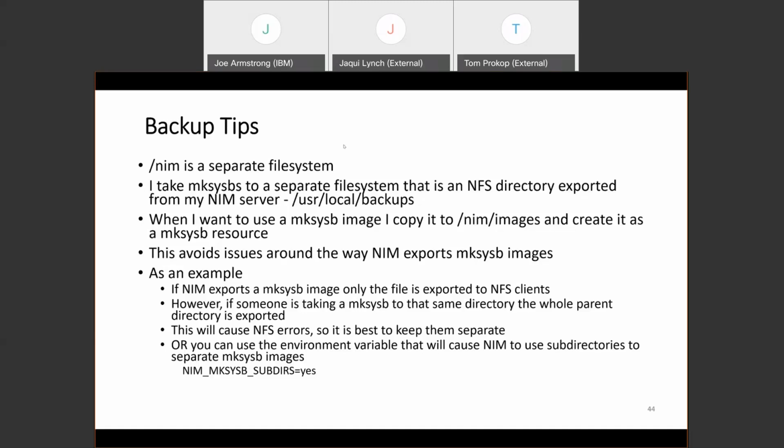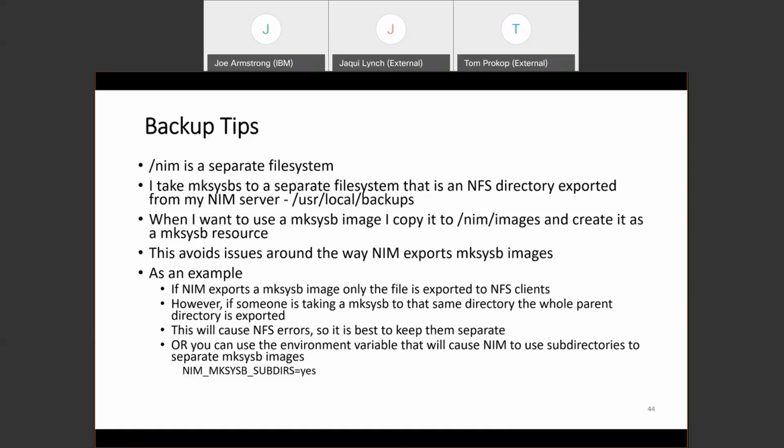server. You need to be taking a mksysb of your NIM server to somewhere that can go off-site if necessary, and you also need to be taking a volume group backup of nimvg so that you can get all your resources back rather than rebuild them. And obviously you need to back up this backups directory, right? You don't want to lose all those mksysbs if something happens to the NIM server and you have to rebuild an LPAR. So have a backup strategy for your nimvg, your actual NIM server, and for the backups directory